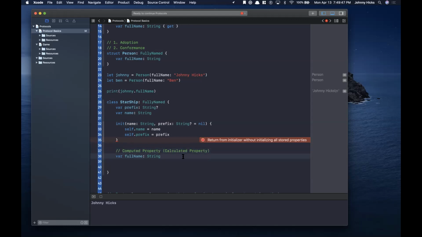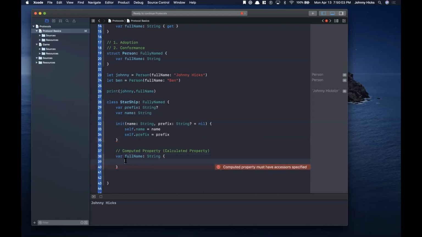The way that we do that is we define the property's name, so var fullName of type String, but then I'm going to do an opening and closing brace. This right here is a closure, so everything inside of it is going to be a part of calculating or computing the value of that property. So what I want to do is return